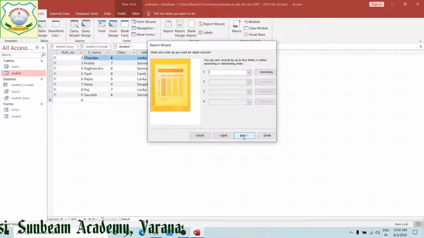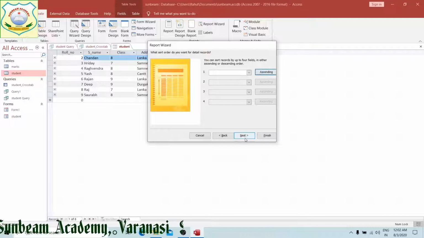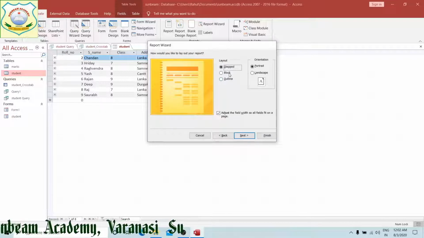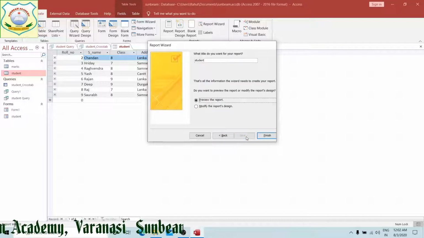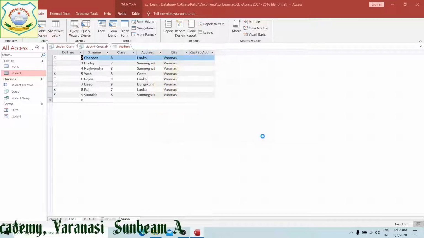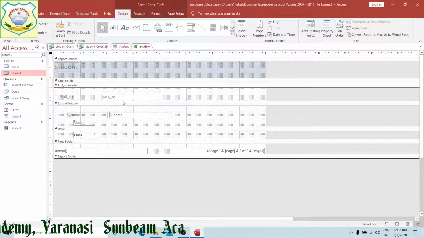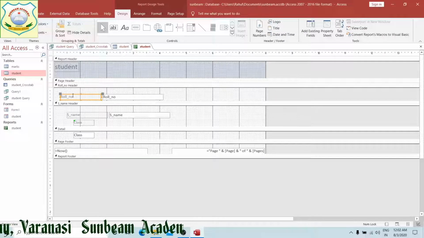Click on next, ascending order, descending order, whatever you need, then click on next. Stepped, block, as per your design you can generate. Next, if you want to modify your report's design, click on modify. Now you can put things as per your requirement, wherever you need something, right?